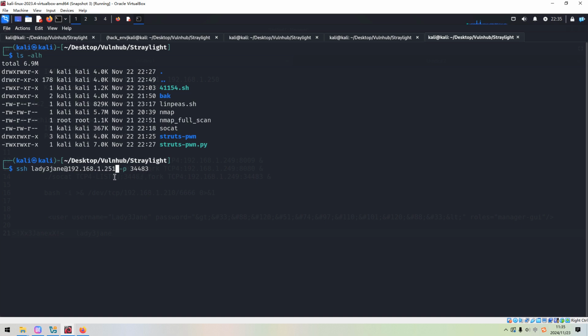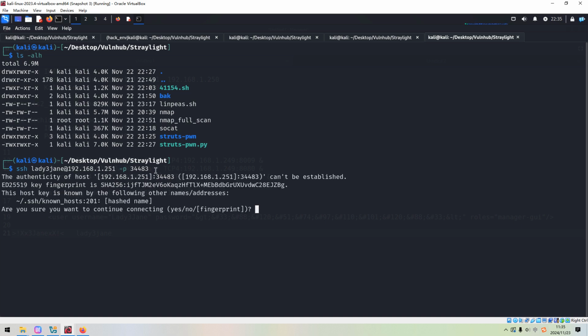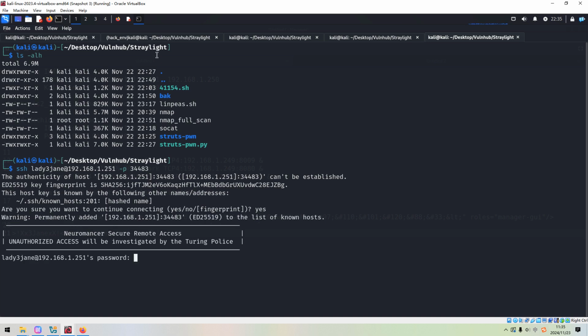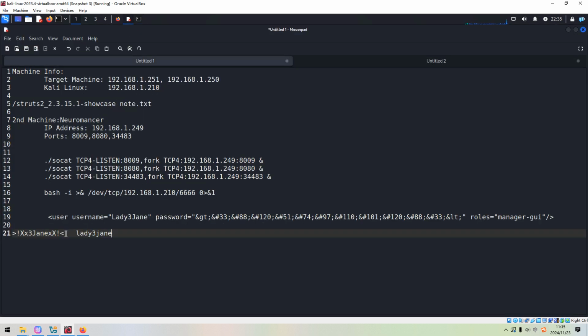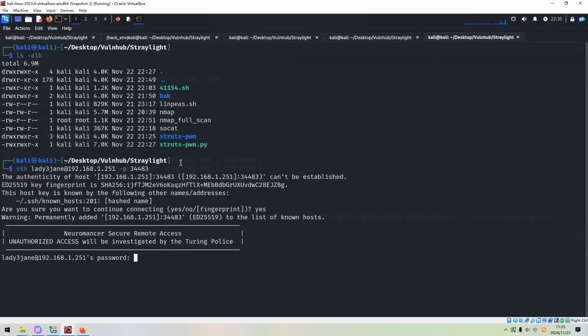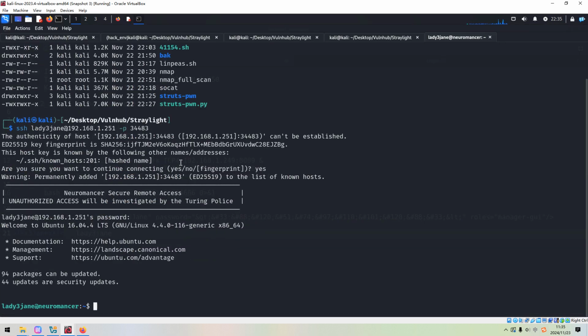So although we are connected to the first machine, because of port forwarding, the actual destination would be the second machine. Okay, so we press enter, and we can copy the password from my notebook. All right.